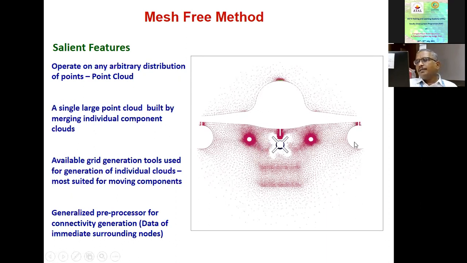So when I take each individual grid and source those points, many of them could overlap. For example, for the grid around this component, some of the points I would be sourcing from this grid will enter into the body of others. So I'll have to do suitable operations to delete the points which enter into the solid bodies. All these preprocessor operations would be done in a very intelligent preprocessor. Once the preprocessor operates on the first source of points, it will do all these cleaning up operations. Then at the end of it, I'll get a cloud of points as shown in this figure.